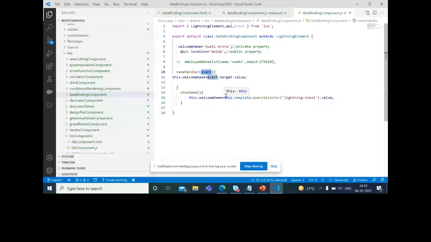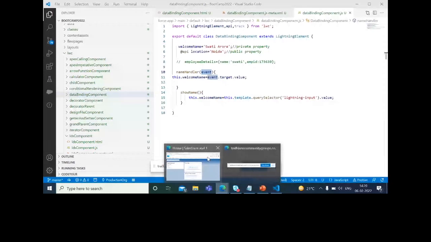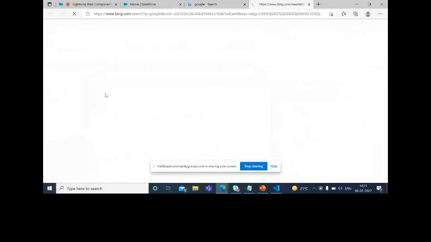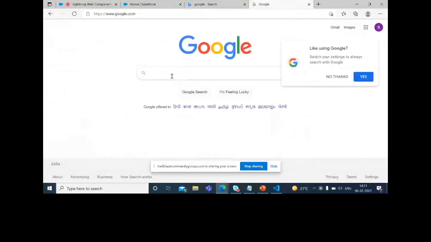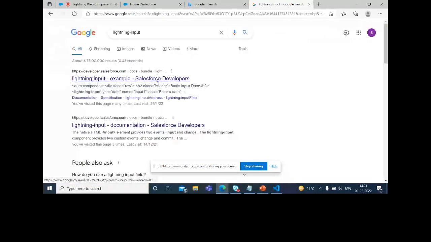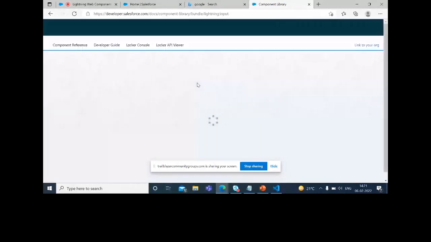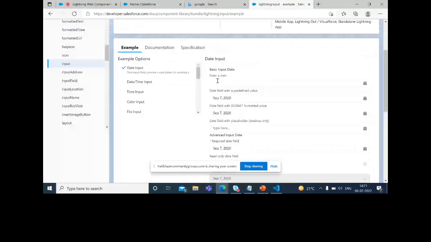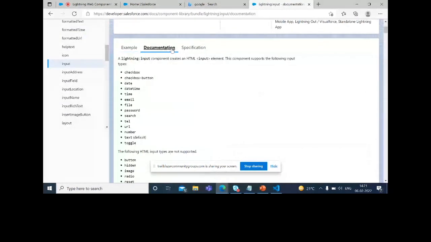If you want to explore this, you can go and visit the developer forum. I will share this link in the chat window also. You can search for lightning-input, and you can see what other utilities event.target can give you. There are lots of input boxes, you just have to change the types. For every input box they have given documentation: checkbox, date, date time, email, button. And if you go down,